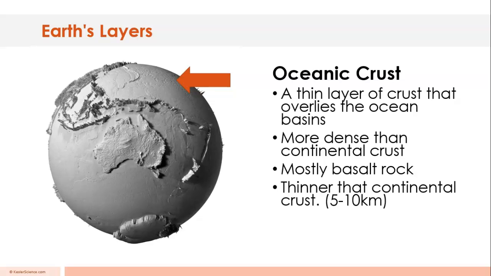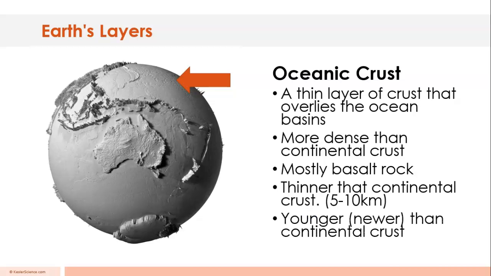So it can range anywhere from 5 to 10 kilometers, whereas parts of the continental crust can get as high as 50 kilometers. Most of it's probably more in like the 20, anywhere from 10 to 30 or 40 kilometer range. 40 to 50, we're talking about really, really tall mountains there. And it's considered by many scientists to be younger than the continental crust. In other words,